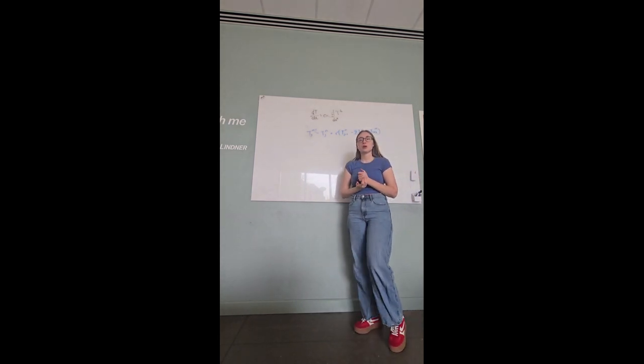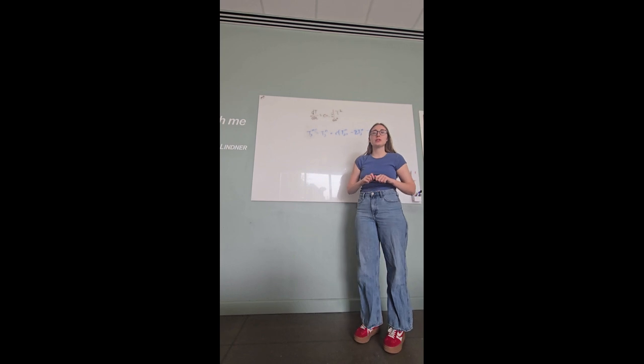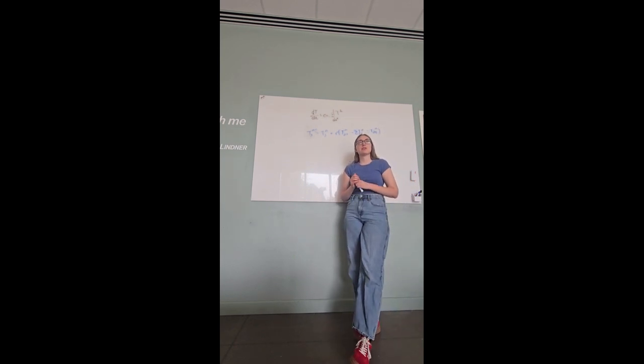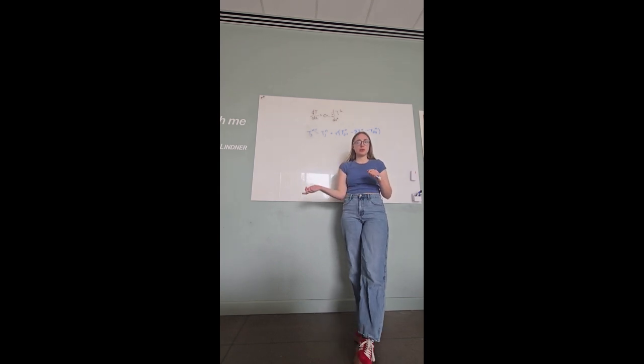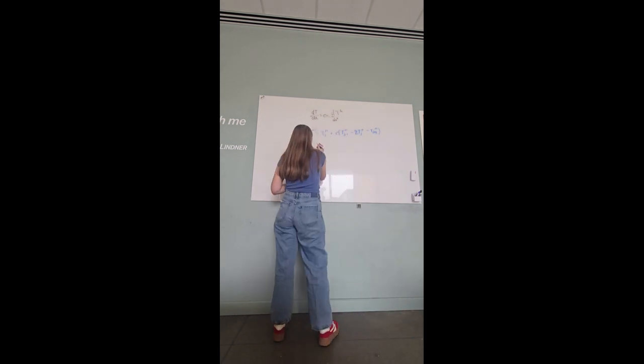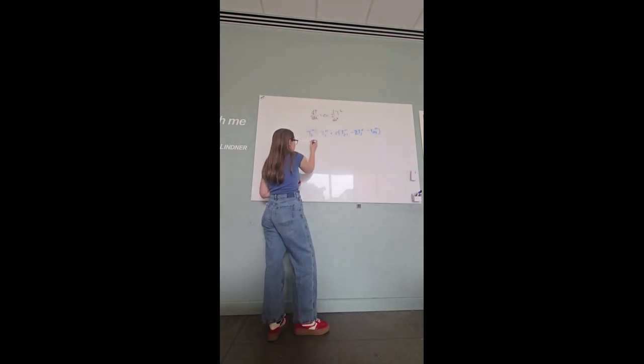So for our Crank-Nicolson equation, what we want to do is find the average of the current time and the average of the time plus 1, right? So we are going to take the average of this equation. So the average of this equation is going to be